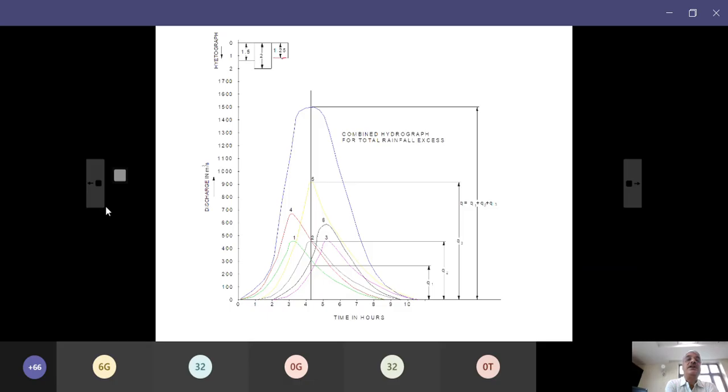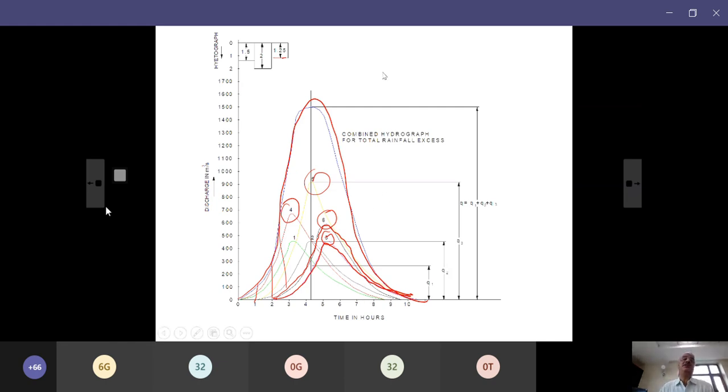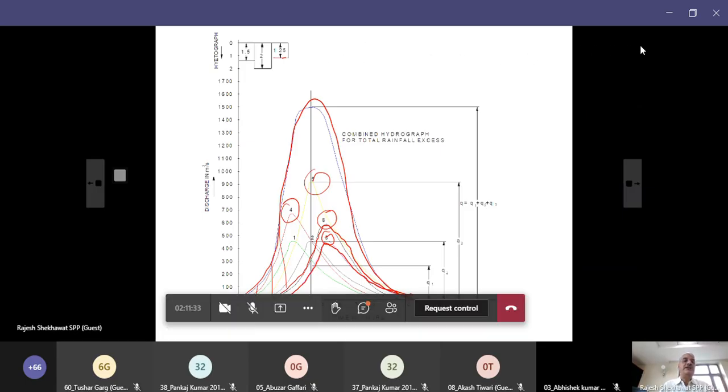Similarly, in the third hour, it is 1.25. So first I will shift this by 2 hours, what you are seeing as 3, and multiply by 1.25. That will become 6. So now my response is 4, 5, and 6. And then at every hour, I will add the ordinates of 4, 5, and 6. And this will be my combined response of my catchment to this rainfall. So by using this principle of time invariance and linear response, any type of design storm, I break them into 1 hour storms of whatever duration, apply